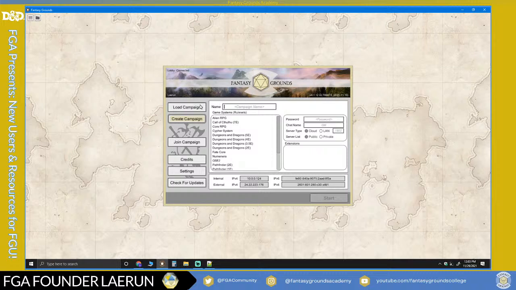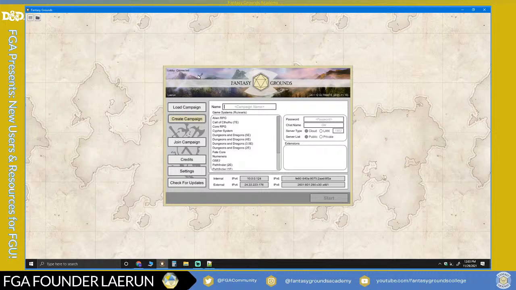I'm going to recommend that you just download the demo and find a game. One of the Discord servers that I can think of right off the top of my head is the Pug server, which is pickup games. They quite often run games for newer users, and they are set up for that. As far as learning and getting your mind wrapped around playing on virtual tabletops, I think that the Fantasy Grounds Academy is a good place for that. Also, the official Fantasy Grounds Discord, and there are other communities as well that have grown up around the idea of helping people get started.